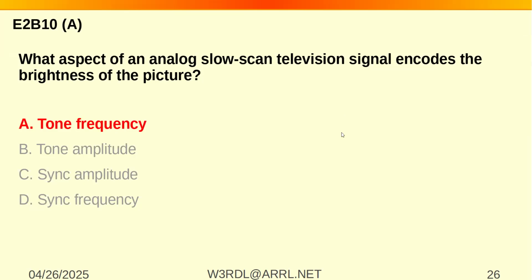Tone frequency. It's the frequency of the tone. And there's one specific one that says start a new line. I don't know what it is, but